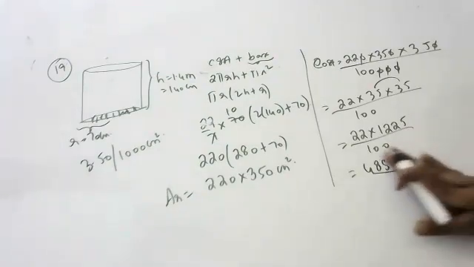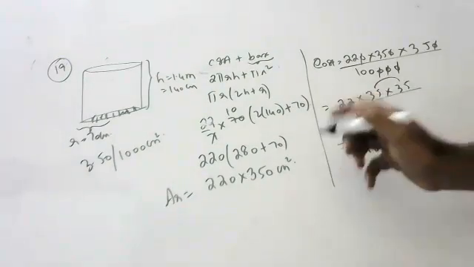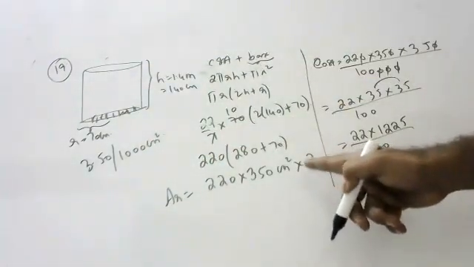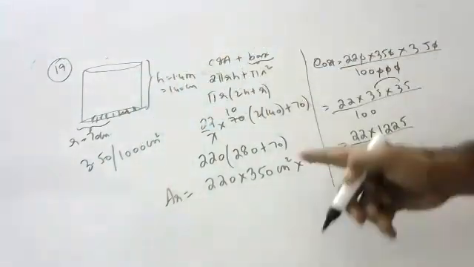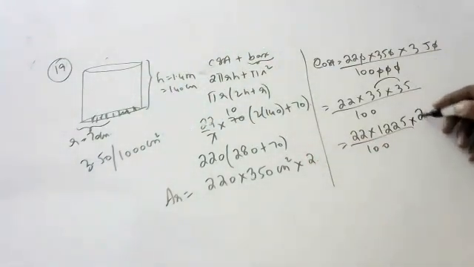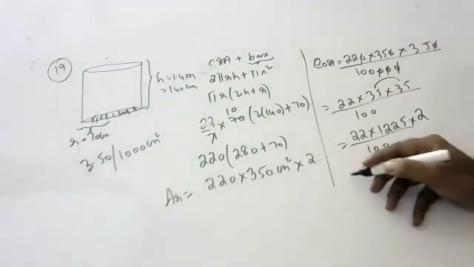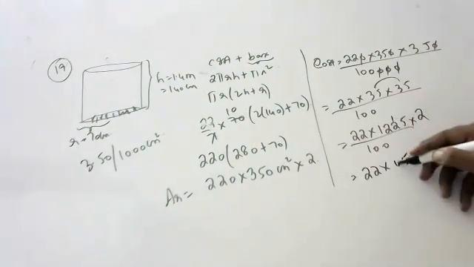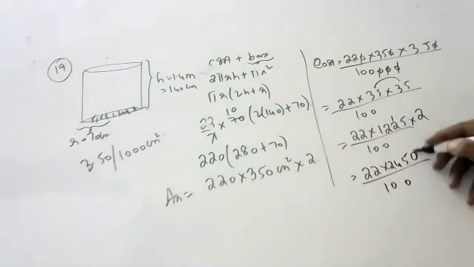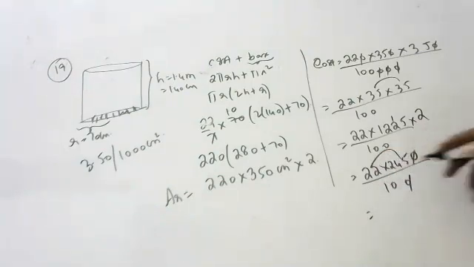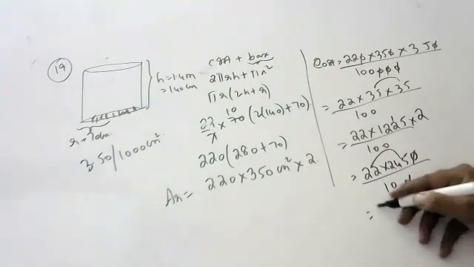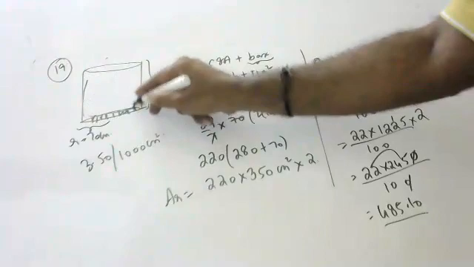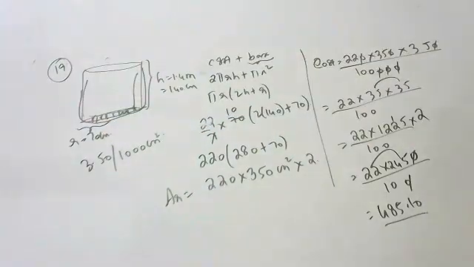Sorry. Now on both sides they are asking. You have to do into 2 here, because inside and outside, into 2 you should do. Inside you should do, outside you should do. So everything into 2. So 22 into 2, 45 by 10. How much? 970 rupees 20 paisa for tin coating, both inside and outside.